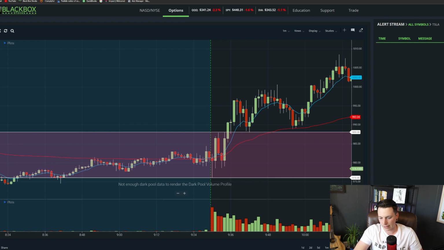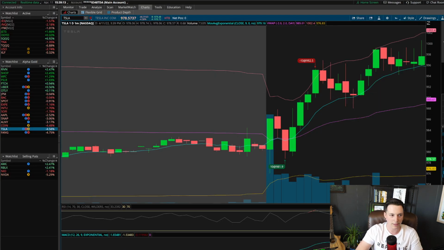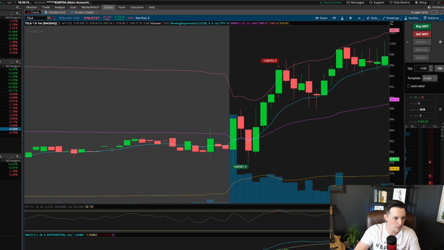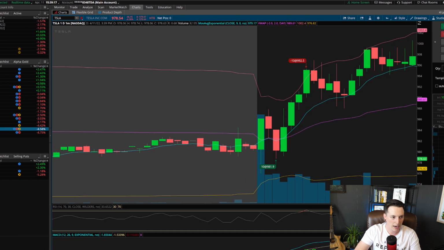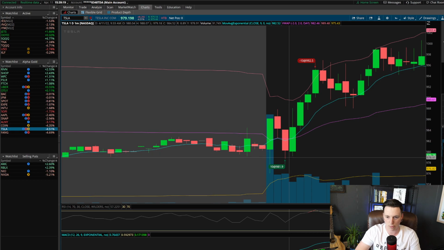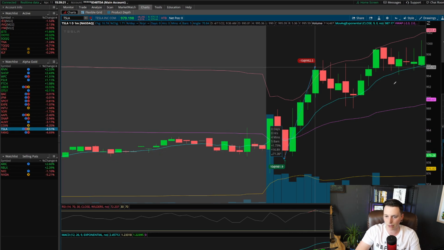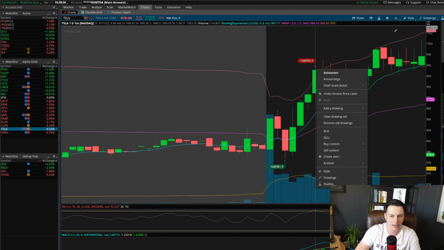Let me actually go back. I keep forgetting I've got two windows open here, so you guys gotta give me a second. There we go. So at the time, this is what I was looking for, and you can see over on the right, I ended up making $106 on this push, which is not a lot of money, but the fact that I ended up making that in about 4 minutes is not too shabby.